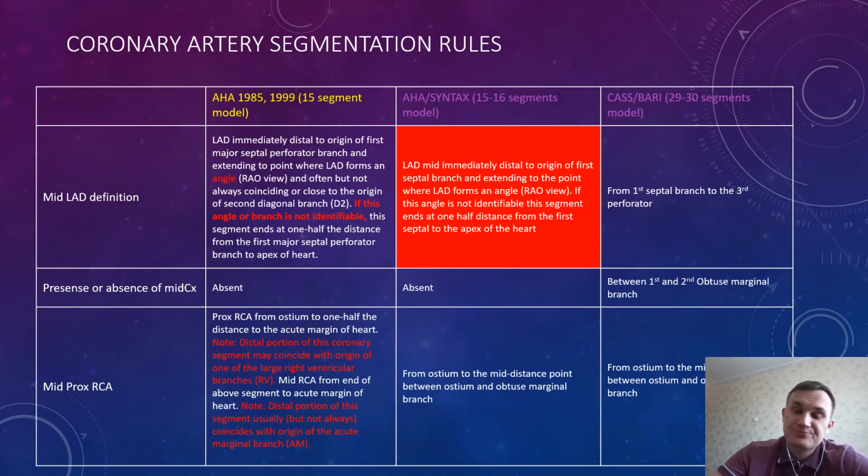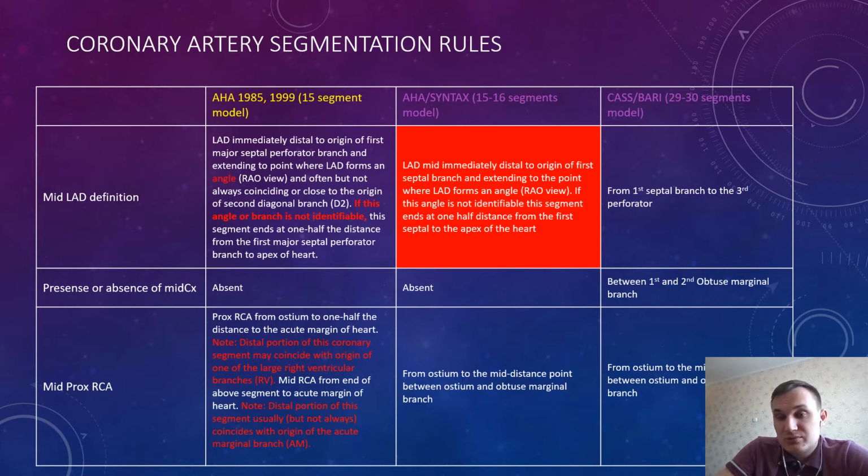I have some remarks regarding the coronary artery segmentation rules, because we have practically at this moment two classifications: the SYNTAX 15 to 16 segments model, or the CASS-BARI model with 30 segments. And generally in our practice we use the first one, I mean the 15 to 16 segments model,